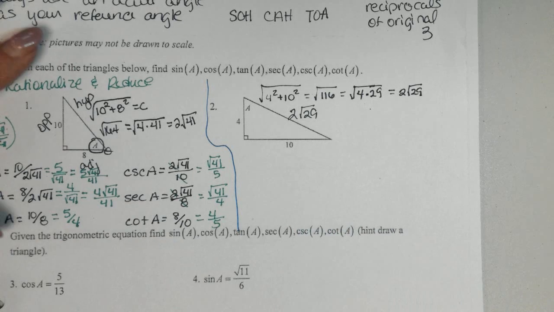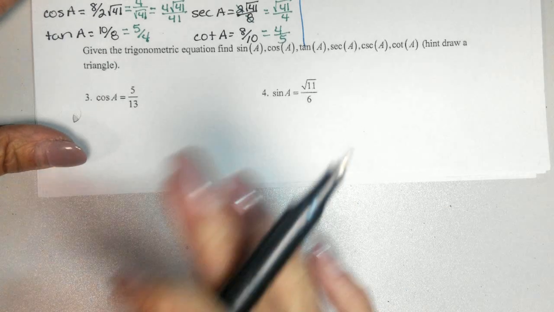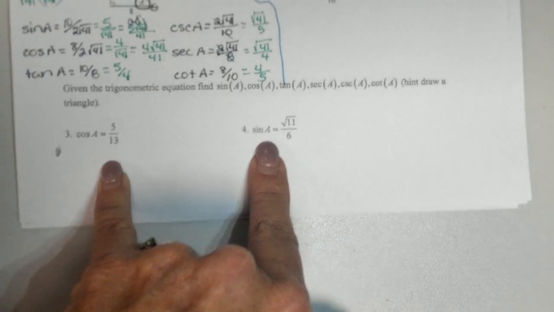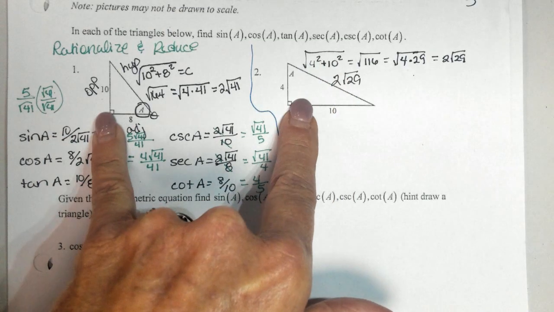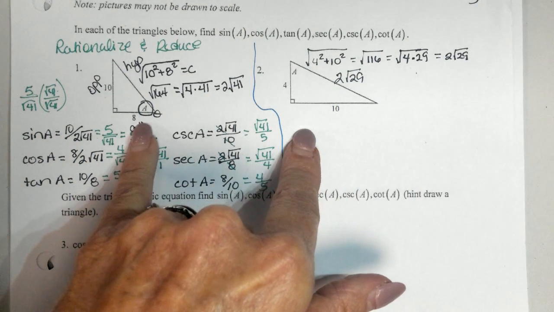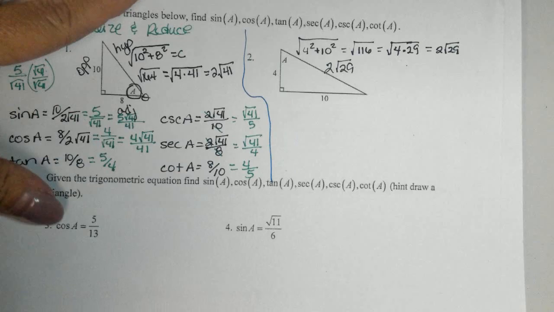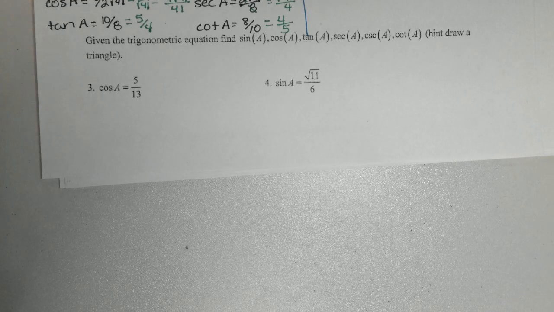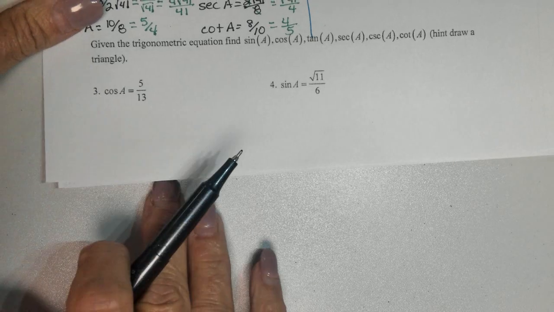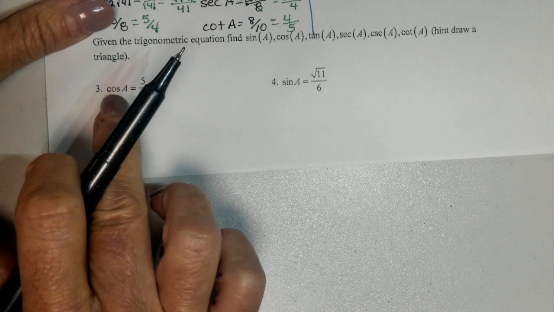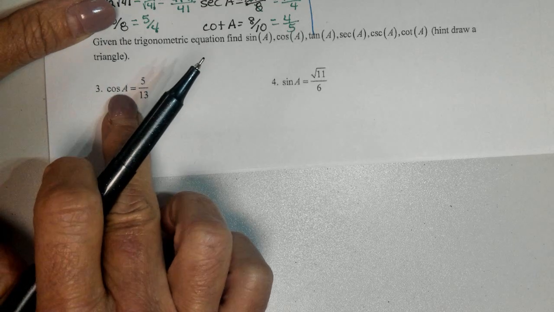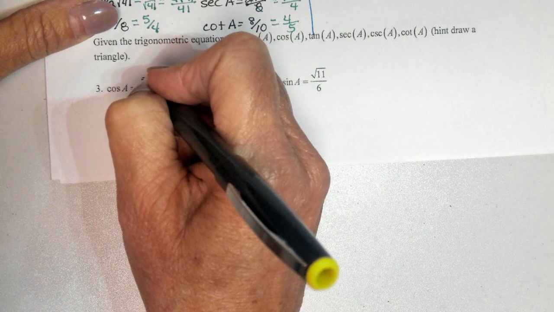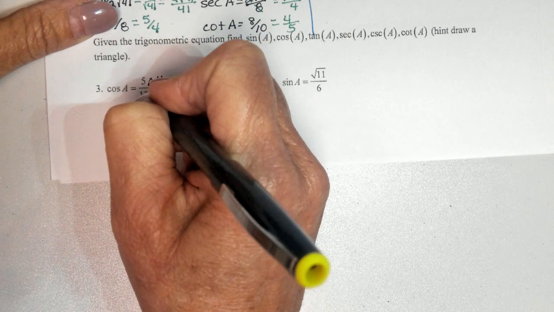All right, let's check down here now with number 3 and 4. Actually, these problems are exactly like these. The difference is here I gave you a picture with the information. This I gave you a function rule, an equation with the information. So you've got to be able to look at this and say, well, if I've got a cosine of an angle and the ratio is 5 to 13, and I know my cosine ratio is my adjacent over my hypotenuse,